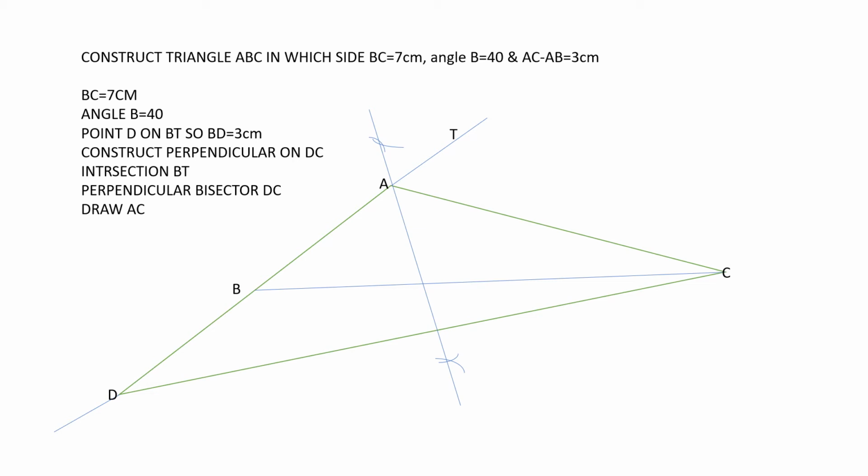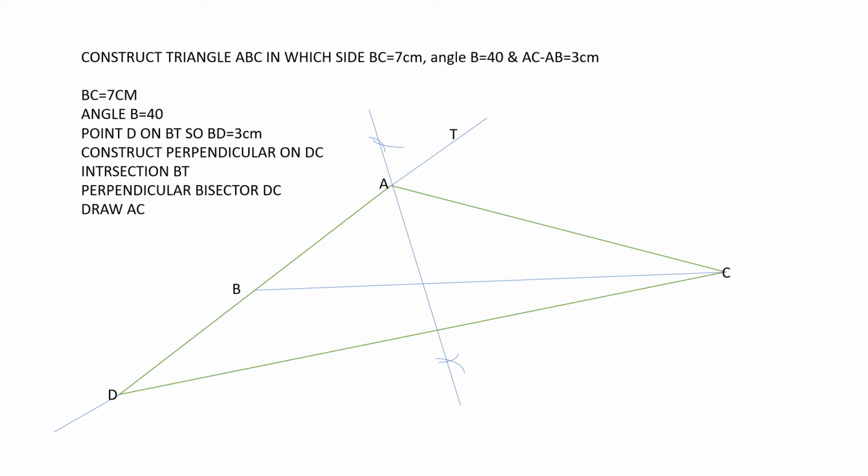This is also your book example. After that you have to try the practice set also, right? First you will draw a line BC, that is 7 centimeter, as given in the question. And the angle B is 40 degrees. Then draw a ray BT such that angle TBC is equal to 40 degrees, right? It means if you are going to draw 40 degrees, you have to extend your line, and somewhere here give a point T so that you can join B and T. And take point D on the opposite ray.